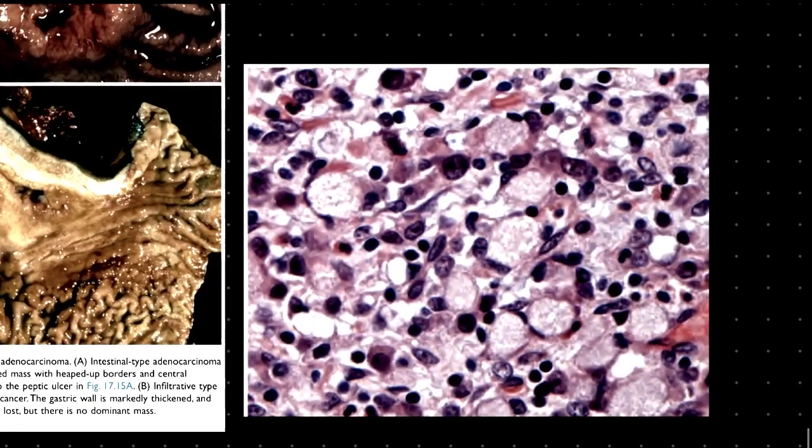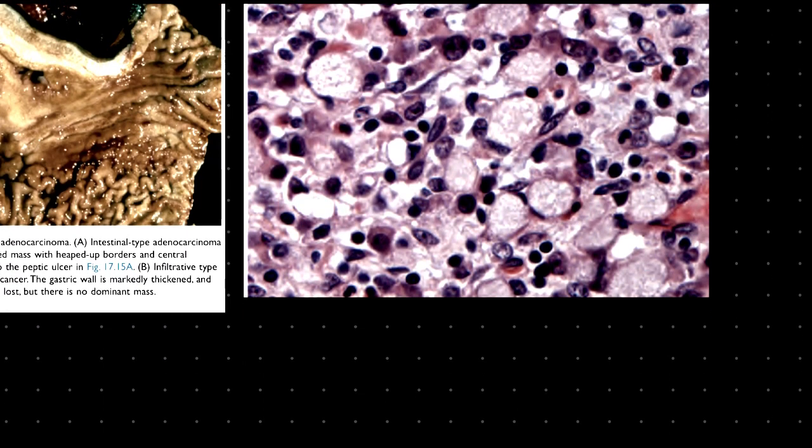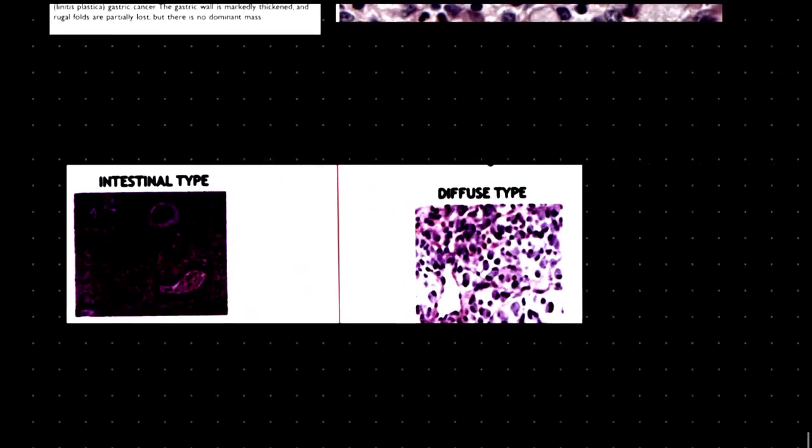So what is this histological diagram? It is showing you signet ring appearance. As you can see right here, these are signet ring appearance. Now this signet ring appearance is the feature of our diffuse type of adenocarcinoma. So as you can see in this diagram also, this is intestinal type, this is diffuse type. In intestinal type you can see a localized, gastric gland like appearance, but in the case of diffuse type there will be a signet ring like appearance.